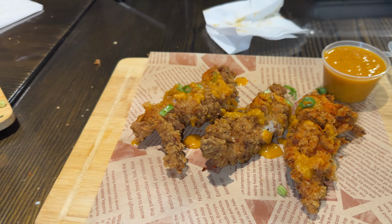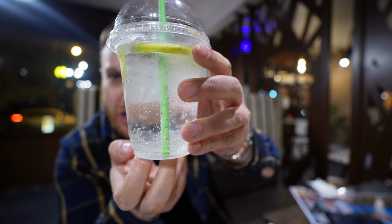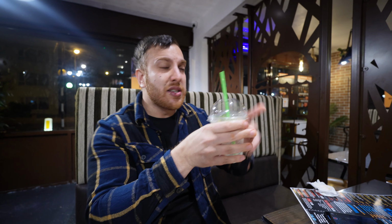Okay, so 2 insane burgers have arrived, which I can't wait to show you, but I've got to try these first. I mean, look at the size of these. They should just call this the HEYMAN box because this is just a HEYMAN box. Mojitos are a nice touch. I did ask, they make them here. So they still do regular drinks and that's great, like Cokes and Pepsis and Fanta,